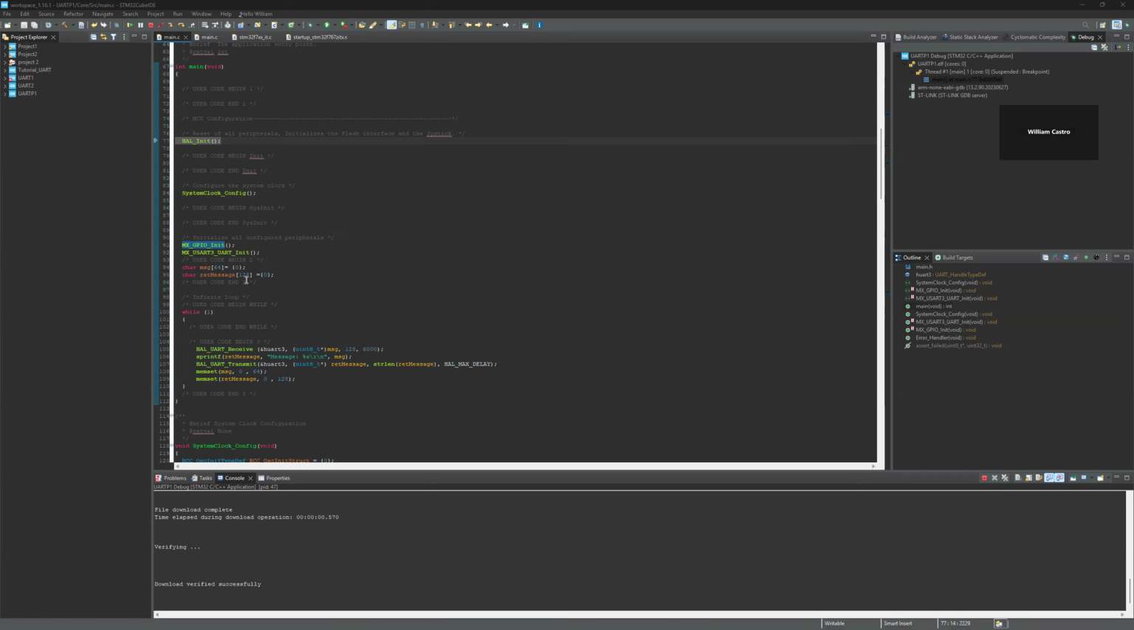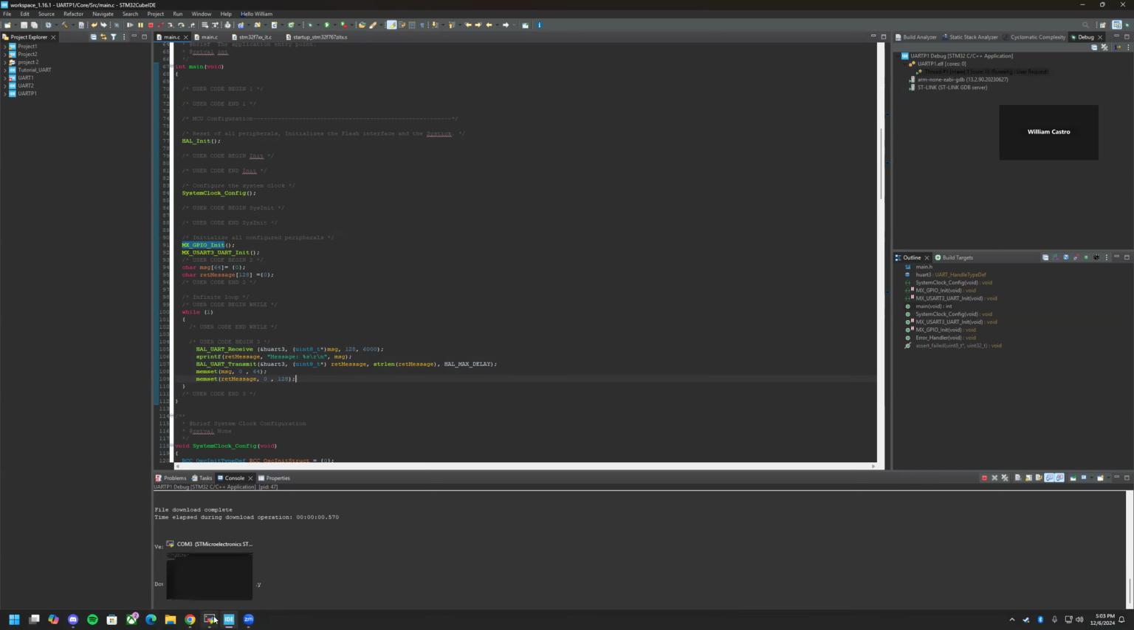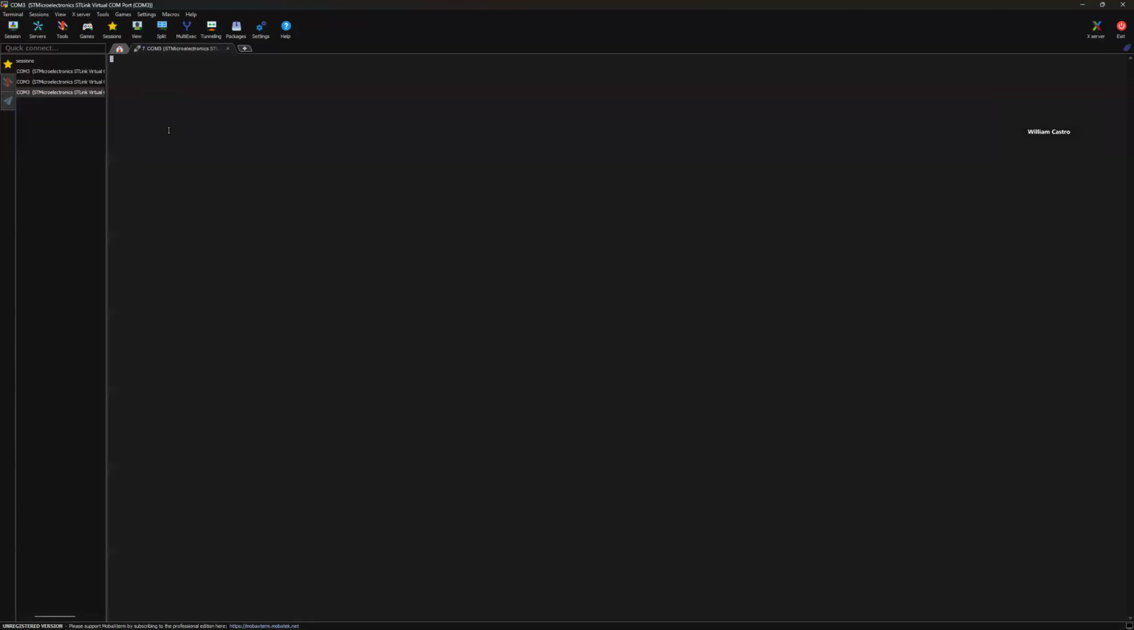So for this one, I've made modifications according to the lab documents. And here are some of the changes that we have made. And this allows us to be able to type in a message into the terminal, and this STM32 board will print it out later. So if I click resume here,